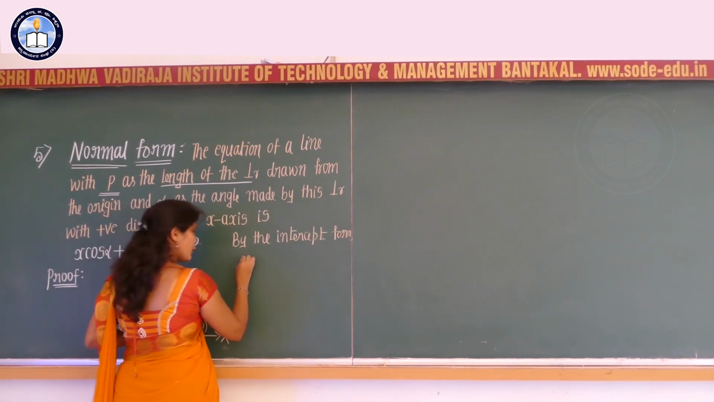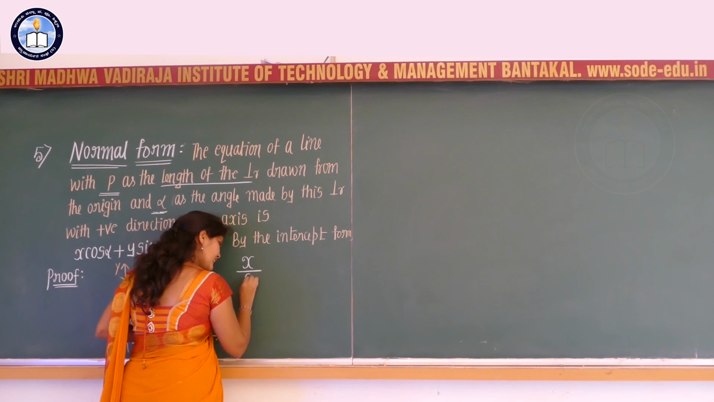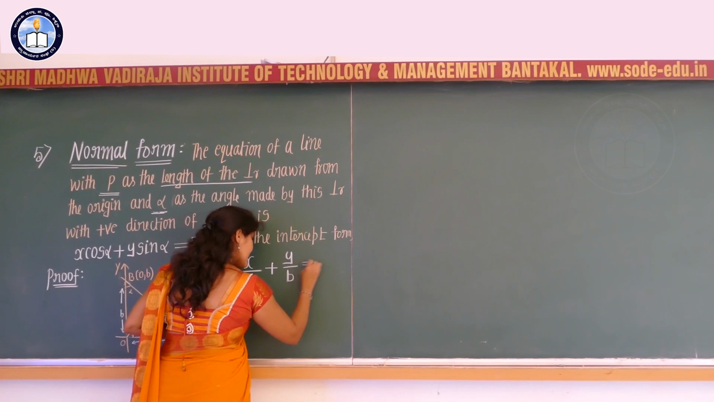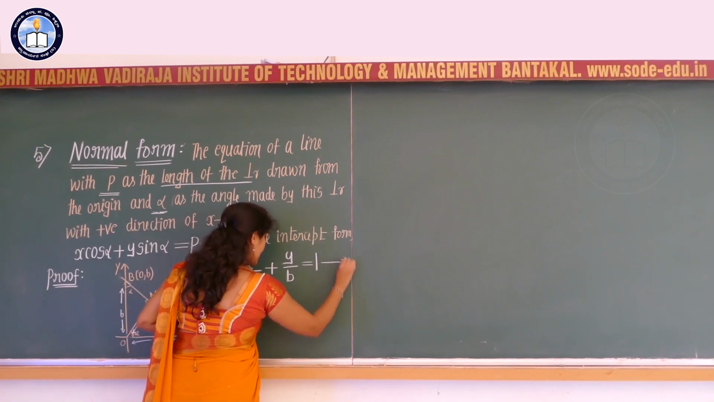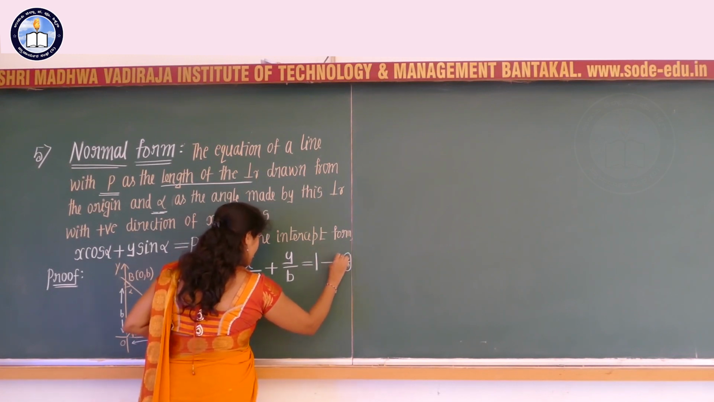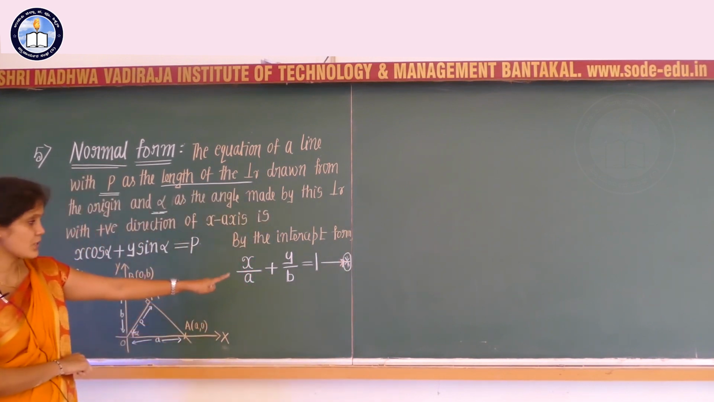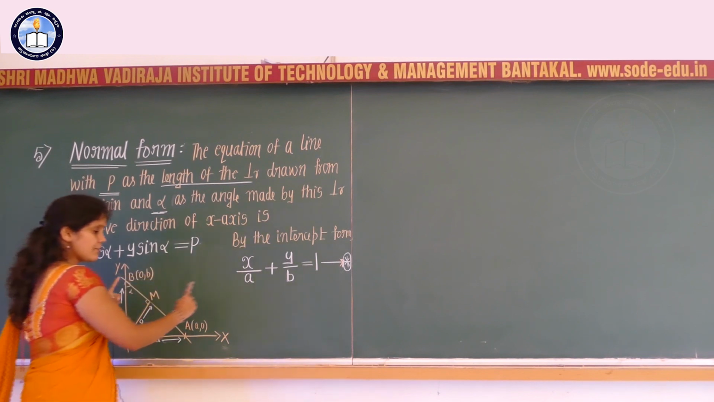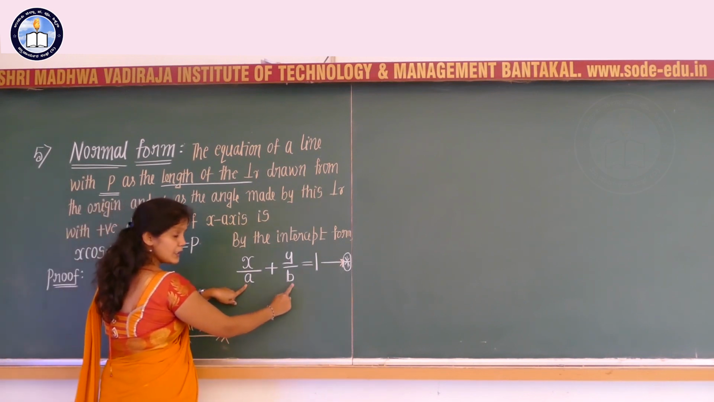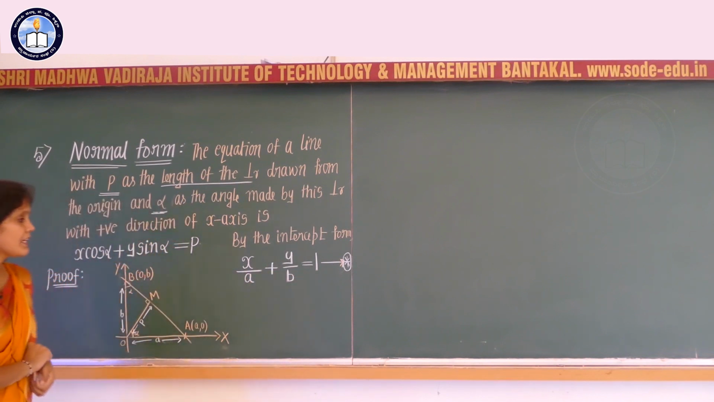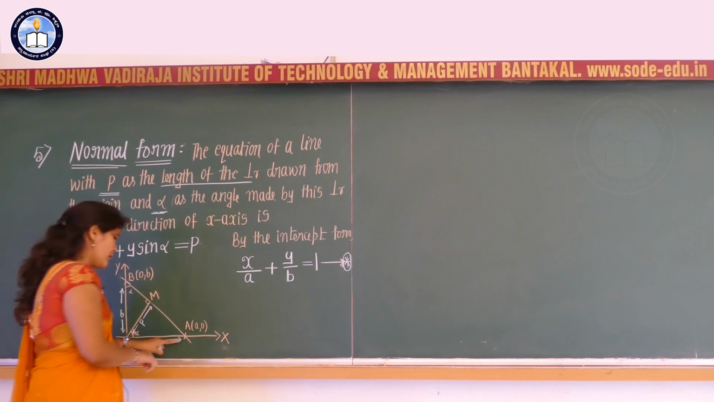What is the intercept form? That is nothing but x divided by a plus y divided by b is equal to 1. So this is nothing but the intercept form of equation of a line. If we know what a and b are, you can substitute here and simplify the given equation. Now here, with the help of this diagram,